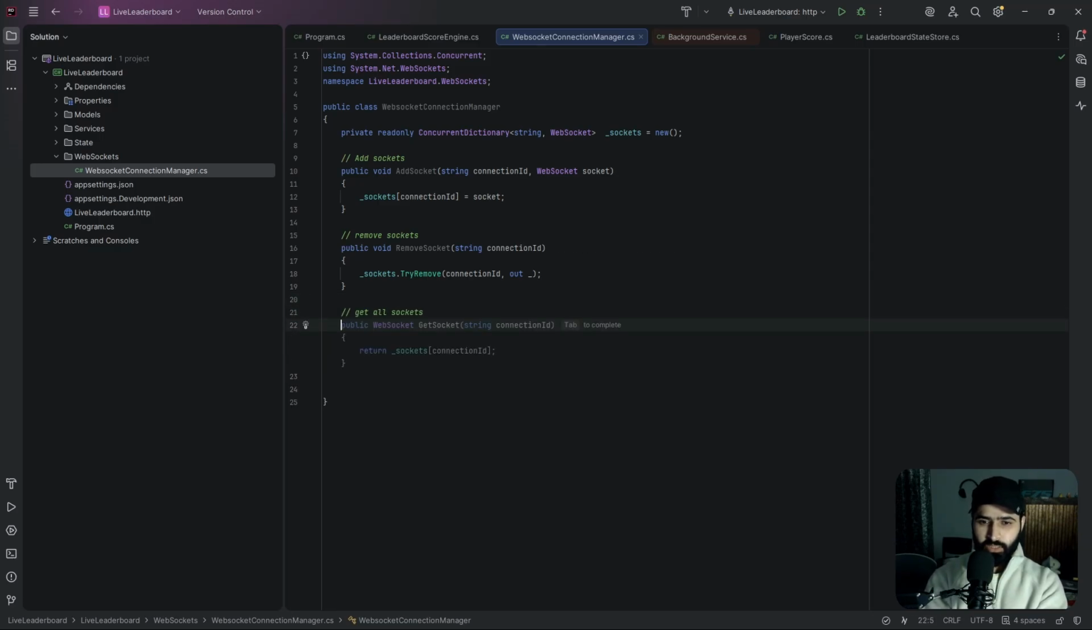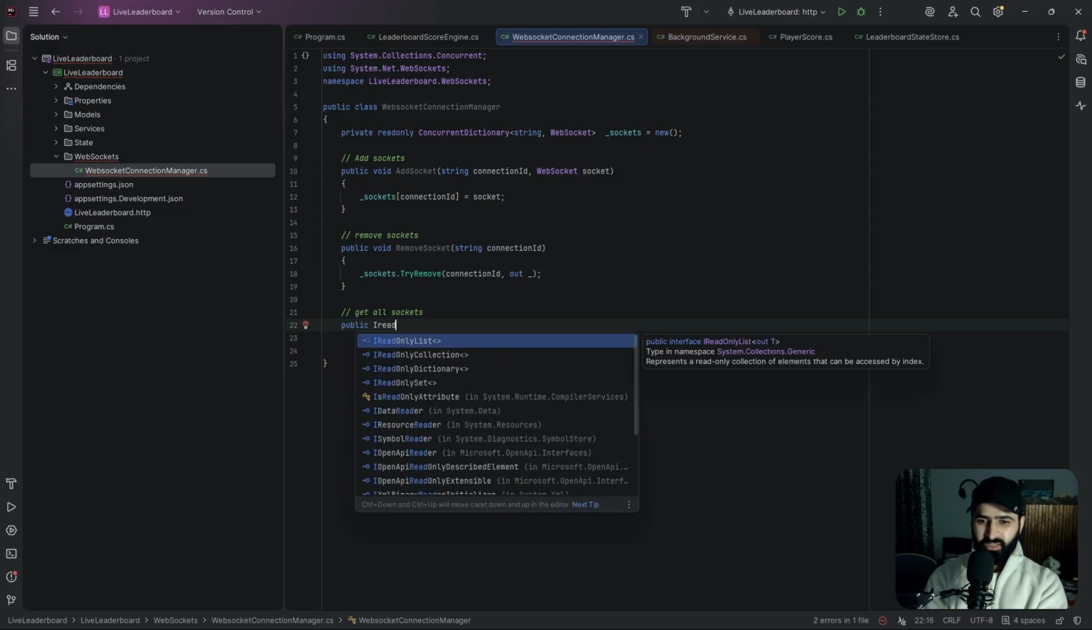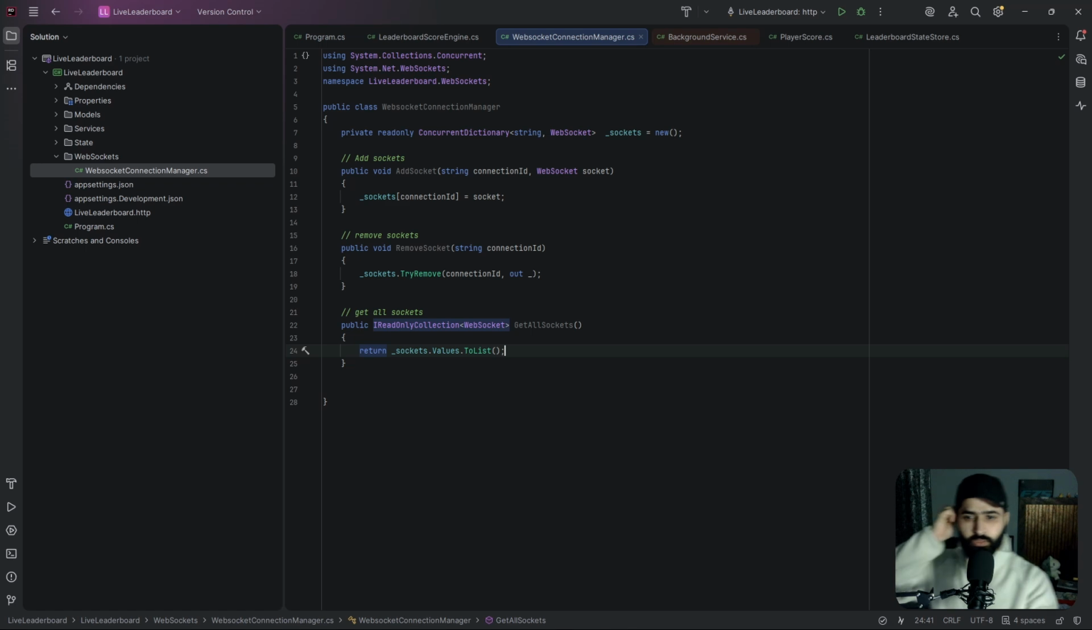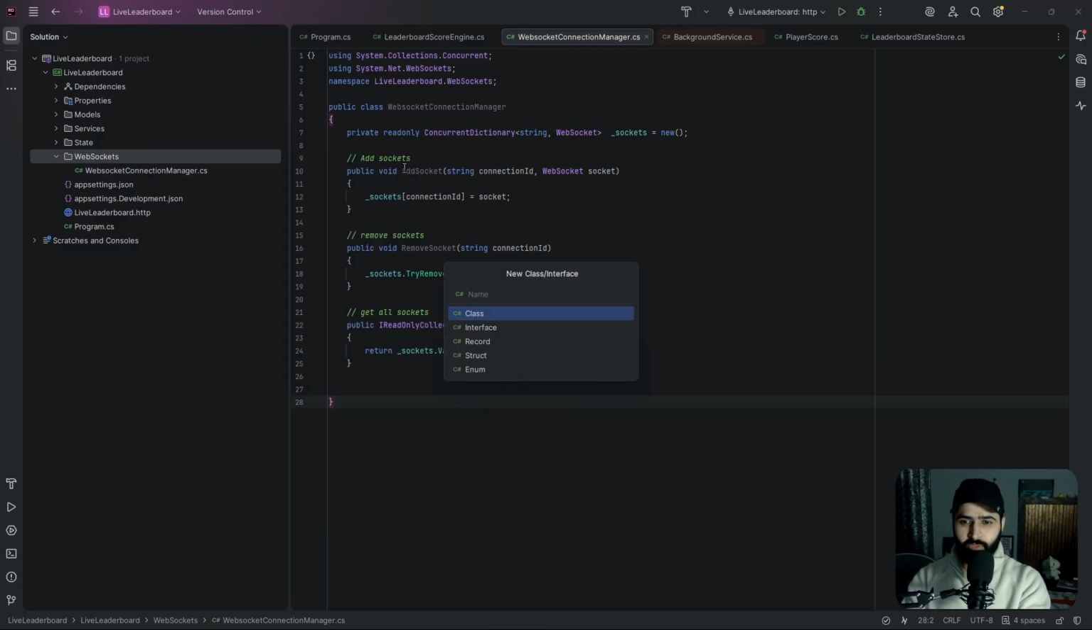गेट ऑल के लिए मैं ले लूँगा पब्लिक आई रीड ओनली कलेक्शन वेब सॉकेट। यहाँ पे हम कर देंगे गेट ऑल सॉकेट्स। सिंपल है, सो फार सो गुड, इट्स ऑल क्लीन। ऐड सॉकेट्स आ गया, रिमूव हो गया, गेट भी हो गए सारे सॉकेट्स। सो अब हमें चाहिए लीडर बोर्ड वेब सॉकेट। अभी मैं कंट्रोल दबा देता भाई।